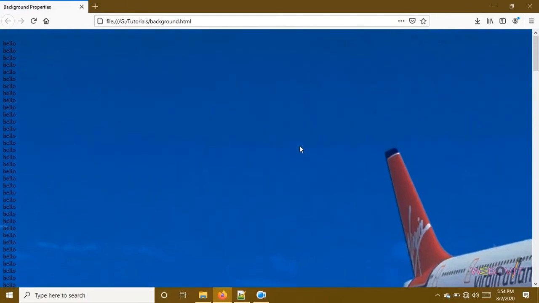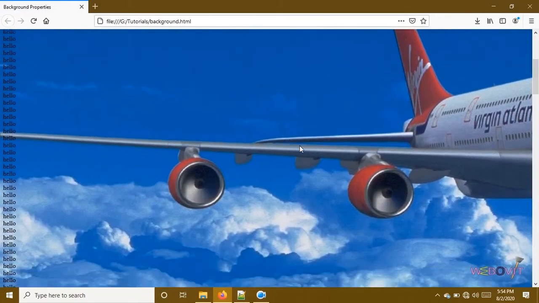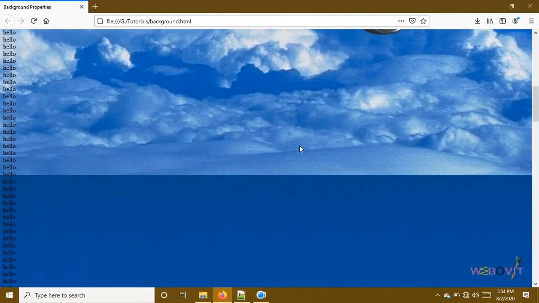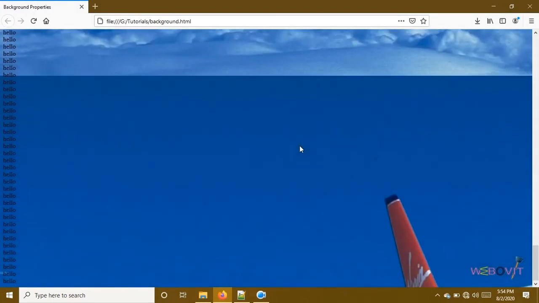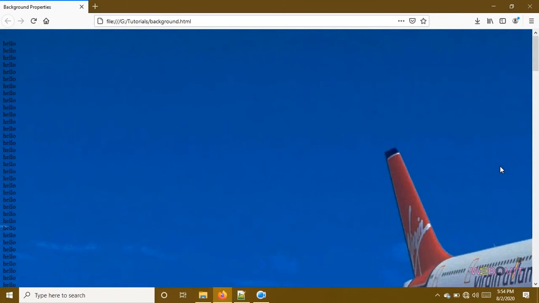But what is happening, as we have studied before, it's getting repeated on scroll. One image, now second image, now third image, okay, fourth image. According to the increase in the height, it will get repeated again and again. The width of the image is very long, that's why it's not getting repeated along the x-axis, but along the y-axis it's getting repeated.